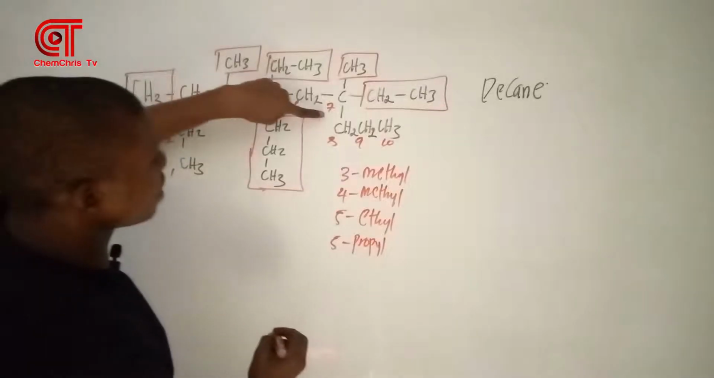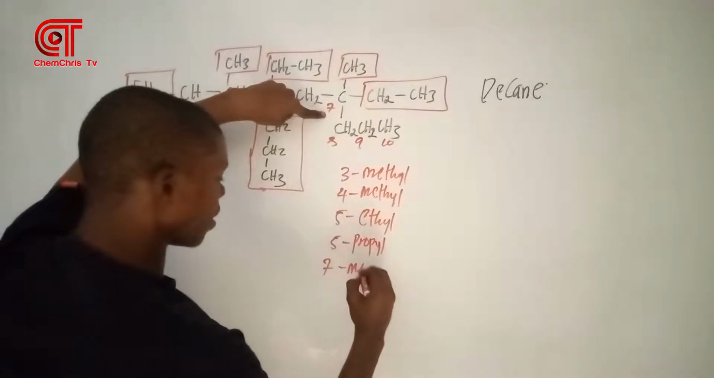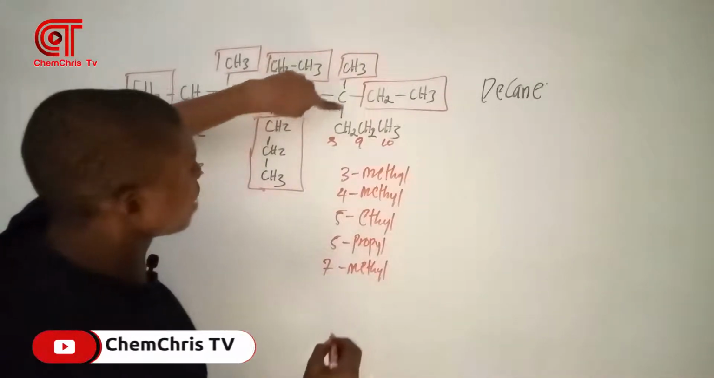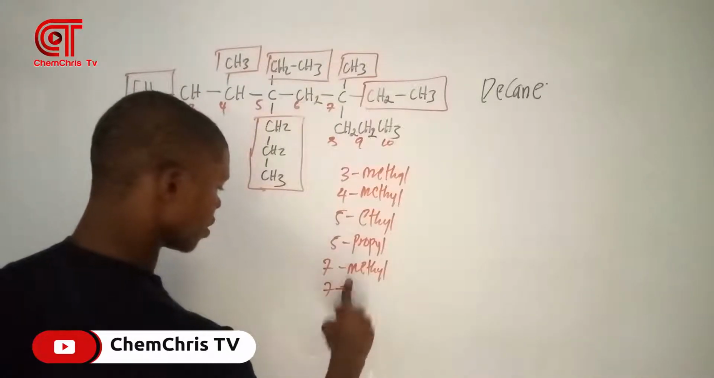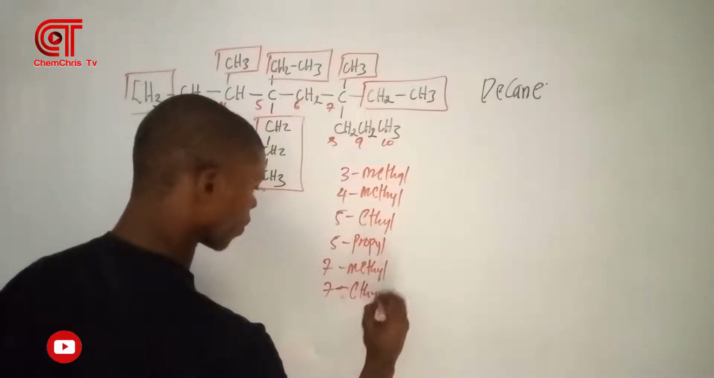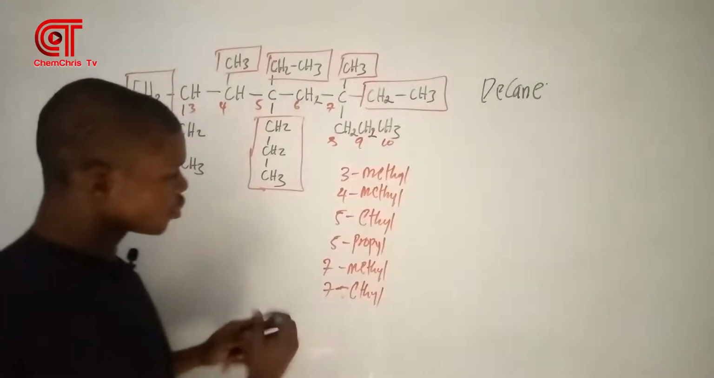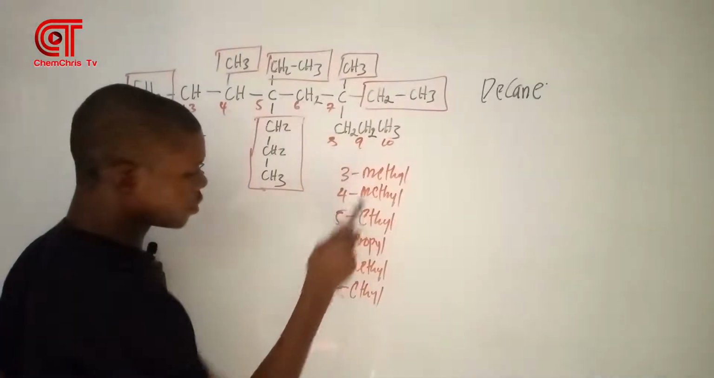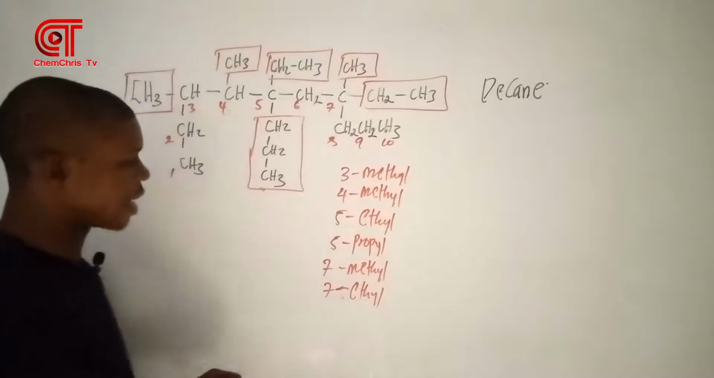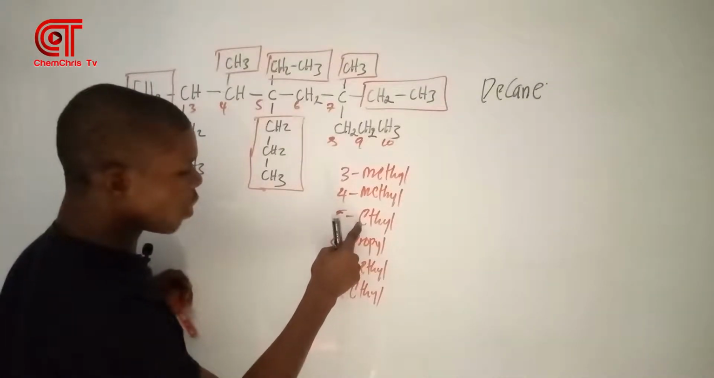Then I can mark 7. I have methyl, so 7 methyl. Then I can mark 7 to also have ethyl, 7 ethyl. So you can see that ethyl occurs multiple times. So now when you name it alphabetically, E comes before M, M before P. M-N-O-P, right? So now when you want to name it alphabetically,